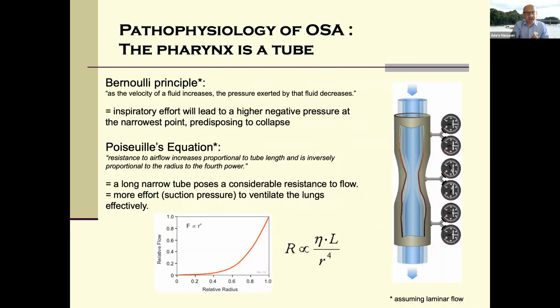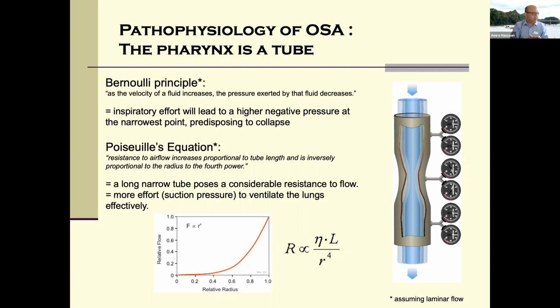So the pathophysiology, why is it happening? Well, there are two basic physical laws that govern this area, and they are the Bernoulli principle and Poiseuille's law or equation. In Bernoulli, if you suck in air into your chest, you're going to experience quite significant negative pressure in the narrowest part of that airway. Okay, so if there's an airway narrowing either at the back of your tongue or at the back of your nose, then the negativity in that area becomes quite prominent, okay, and that can lead to collapse.